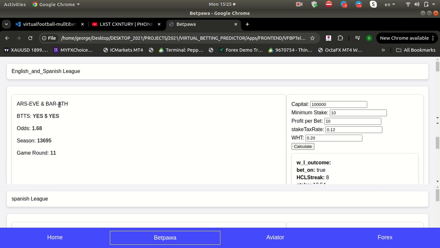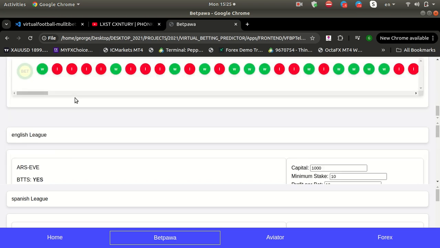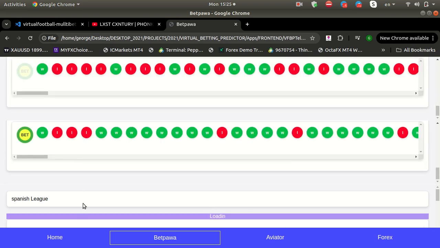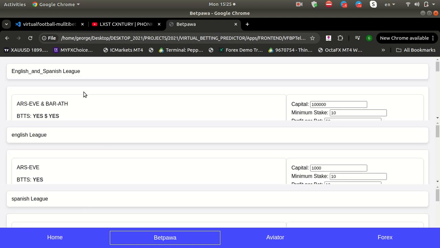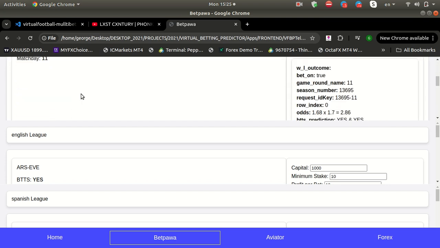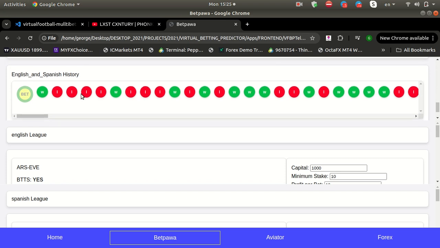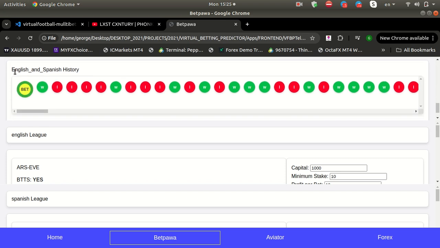So I have this website over here, this software over here. So what does it contain? I want to scroll down a bit and just get straight to the point. When I scroll down,